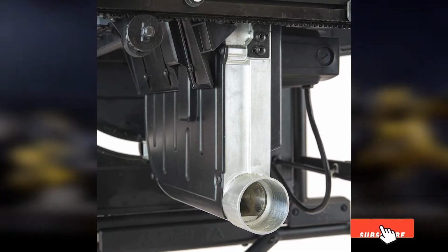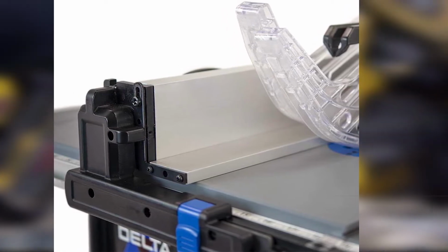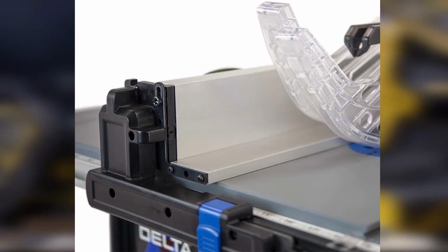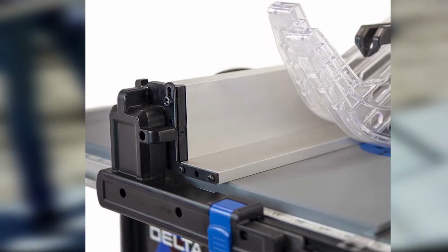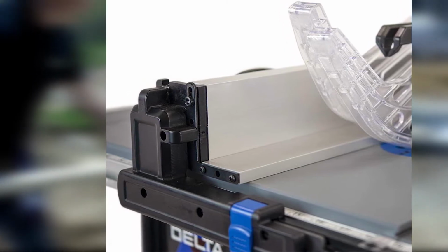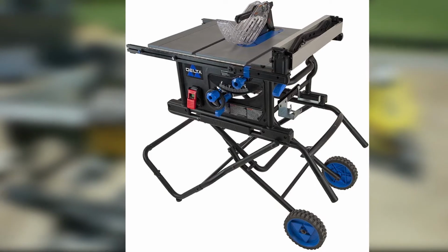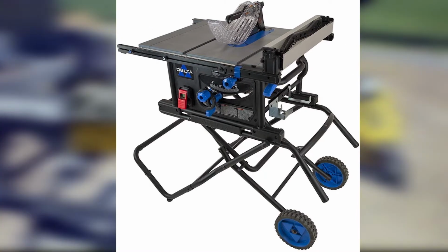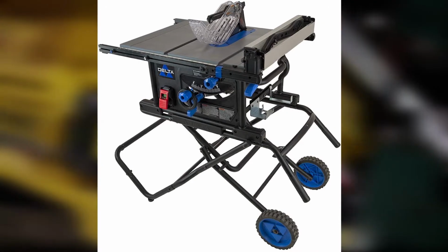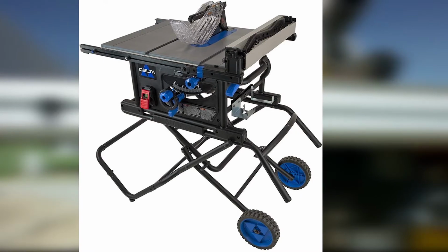Nonetheless, this is a great saw that a beginner can use to achieve smooth cuts on their woodworking projects. The Delta 36-6023 saw has all the features you need to achieve better cuts: great rip capacity, accurate rack and pinion fence rails, and strong build materials. This saw also comes with a powerful 15-amp contractor-grade motor that can drive the blade through most hardwoods. Regardless of the type of cuts that you want to achieve, the chances are that this saw can perform them